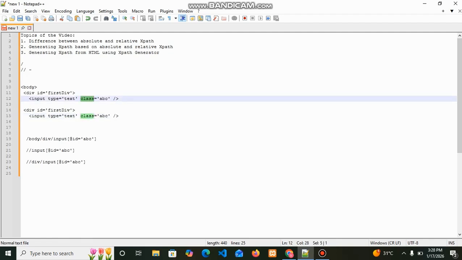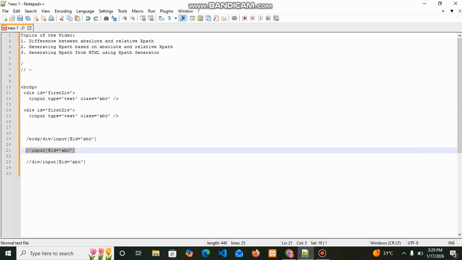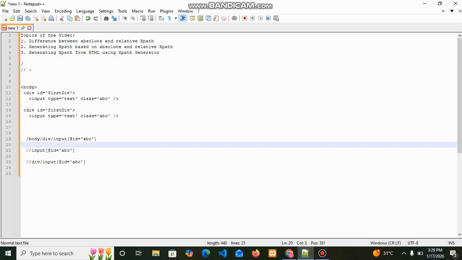And whenever we have some input tag or attribute as part of the HTML, we can create XPaths like this. If it is an input element, we can specify what kind of element it is, whether an input box or span or div, and we can specify the attributes such as class with @class or id with @id, and specify the value of the id or class to find the XPath. This is how we can generate the XPath through absolute and relative XPath.